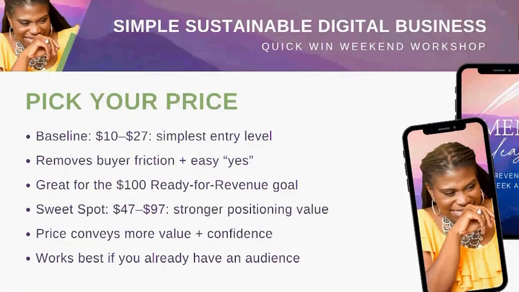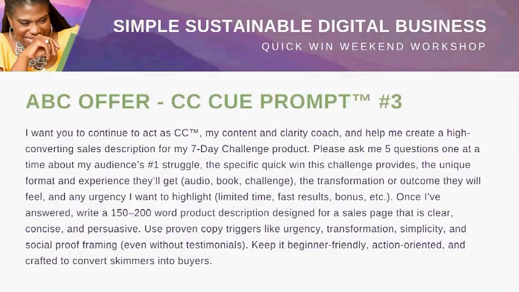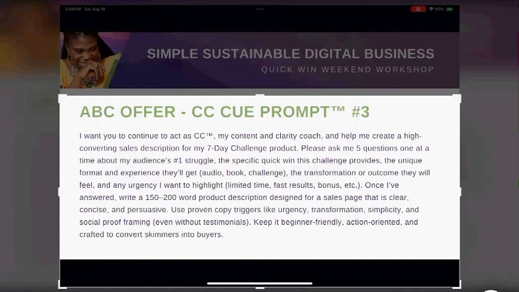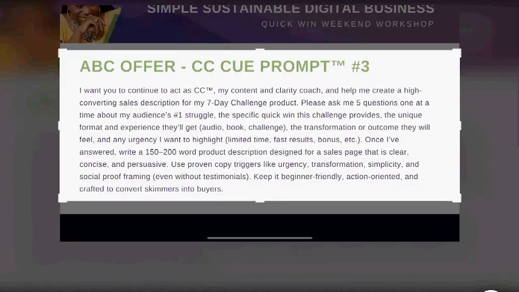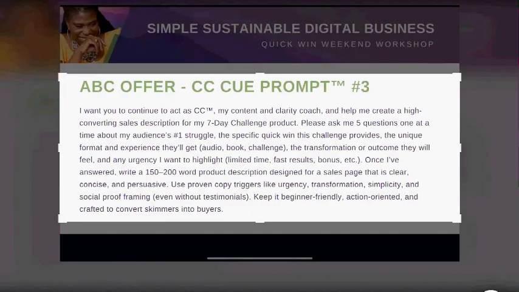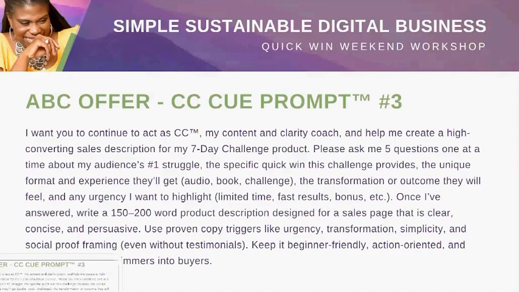Number 1. Number 2, this CCQ. This particular CCQ you can put into ChatGPT so that it can help you basically write a 150 to 200 word product description that you can put into ConvertKit. So I'm literally going to grab this real quick. It's not going to take terribly long to get this prompt to work for me. So I'm going to grab that and get my copy for my Kit page, and then we'll go into Kit,